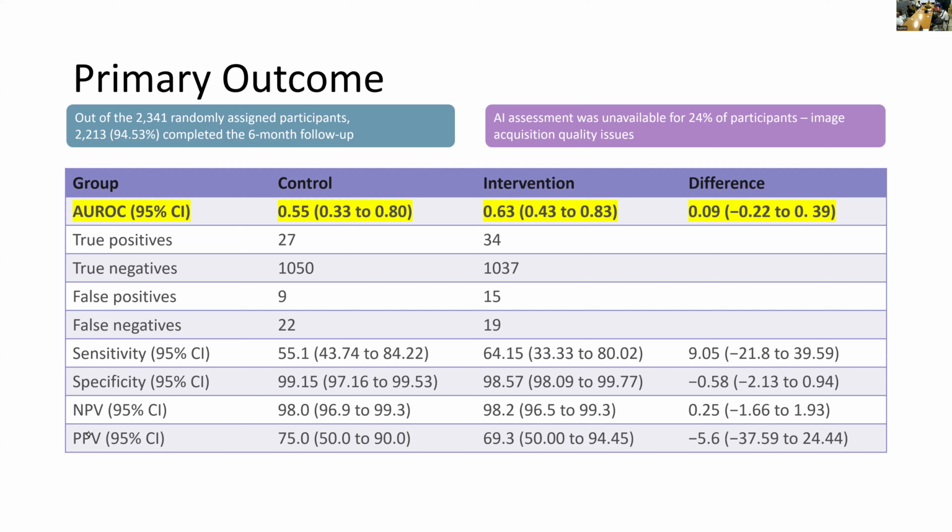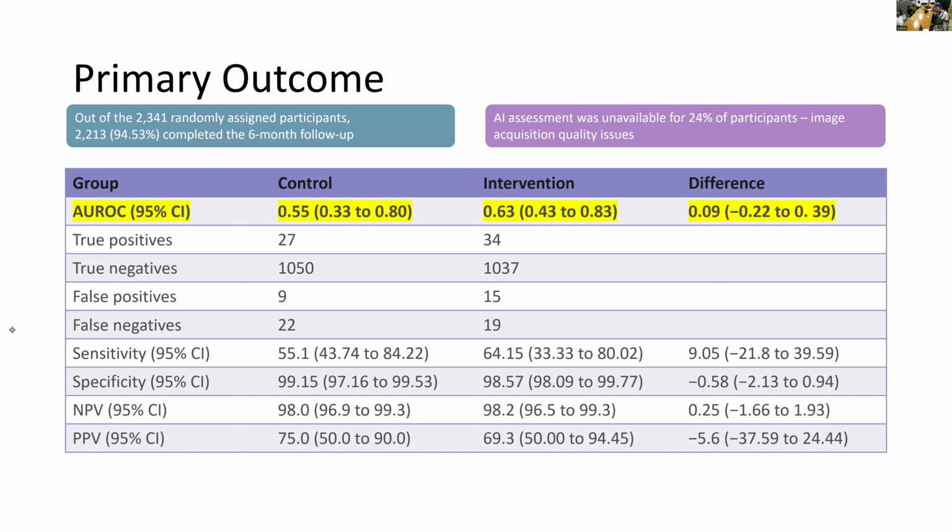And here they have given a breakdown of how many true positives. So 27 patients in the control arm were referred for angio and had required revascularization, whereas 34 were in the intervention arm. Now we have to remember the denominator, which was not mentioned in the table, which was some 1,100. From this we can make the 2 by 2 table. Total of 27 plus 1050 will be the gold standard. So hospitals have followed. 34 plus 1037 will be the